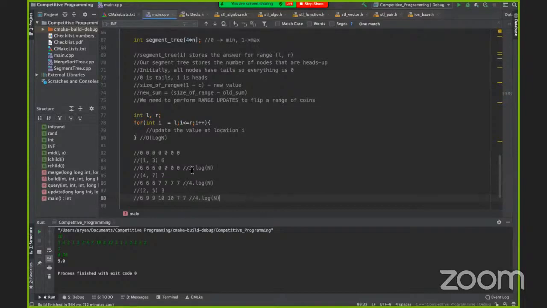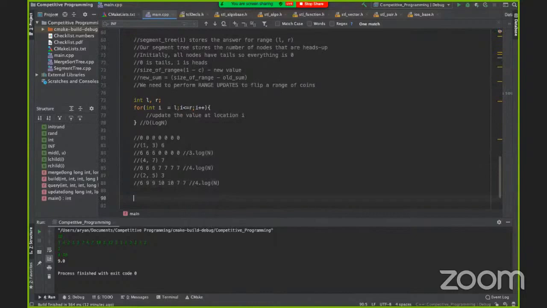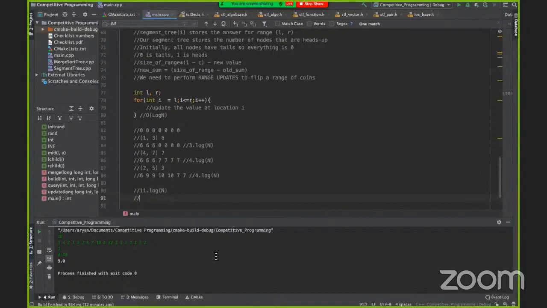Cool. So let's look at the time complexity for this. These are 3 pretty small updates, but this scales terribly, so I'll just let you know beforehand. Our total time complexity was 11 times log n, right? However, note that